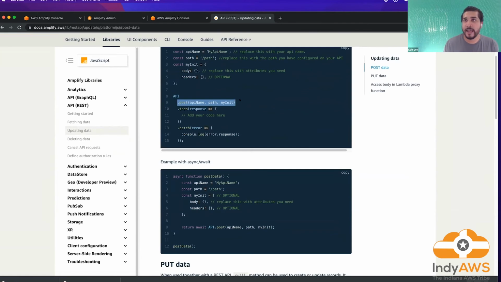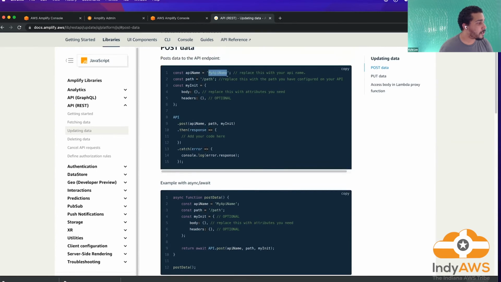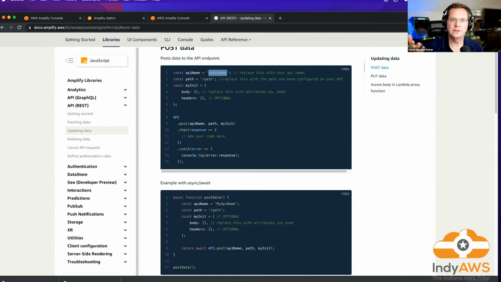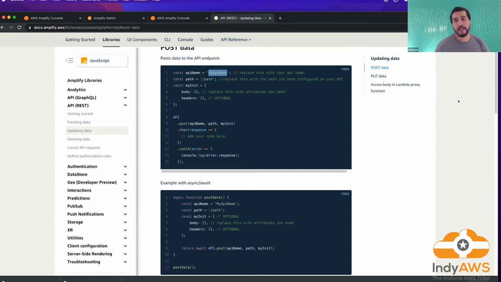It's not like a URL that you would use. You would interact with it through the library, and you would say post and then the API name. I see what you're saying. There's a library I bring into my front end application that talks to Amplify, and it understands how to do all that communication. I'm not talking directly to the API in my app. I'm talking to the Amplify library. Yes. And then based off of that, you would get some type of response based off of whatever is expected.